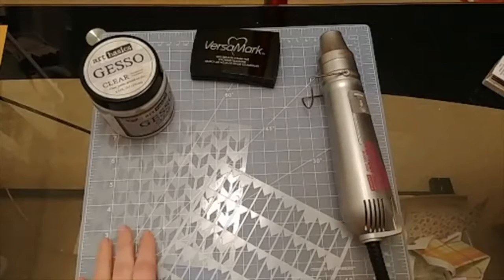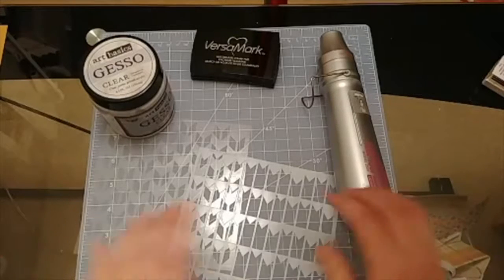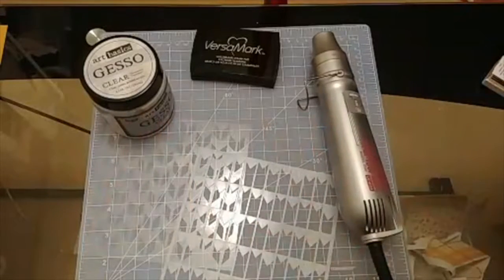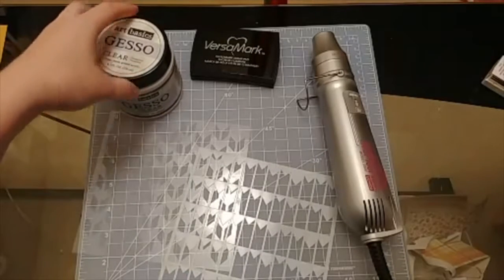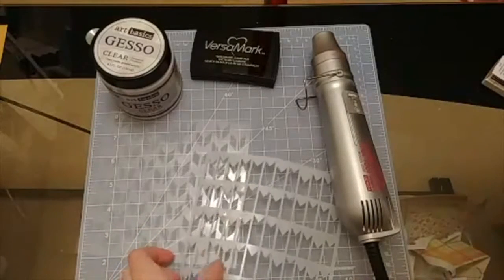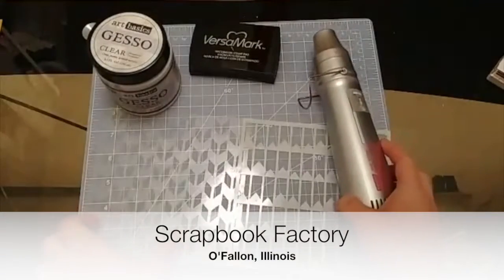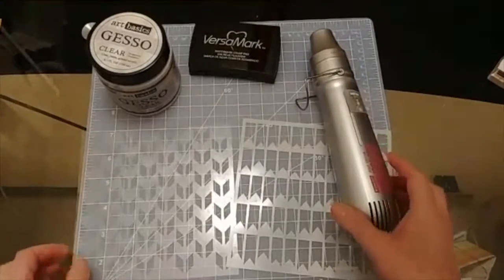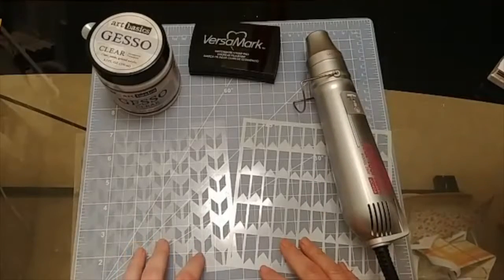Tonight, I just wanted to share with you a couple new supplies that I picked up when I was home. I should say, when I was home visiting family for Christmas, I had some gift cards to a local scrapbook store called the Scrapbook Factory, and it's located in O'Fallon, Illinois. So if you're ever in that area and you need some scrapbooking supplies, I would definitely recommend taking a visit